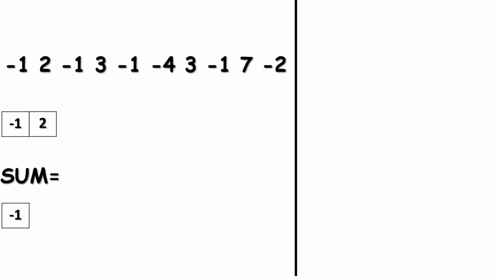Assume we have only one element in the array. If we have only one element in the array, then obviously the answer will be that element, or -1 in this case. Now what if we have another element in the array? Let's analyze. Just ask yourself what the possible solutions are. Remember, we need to find the maximum sum. The possible solutions here are adding the sum we already have to the new number, or taking the new number directly. Since we need the maximum sum and 2 here is the maximum, we can take this 2.